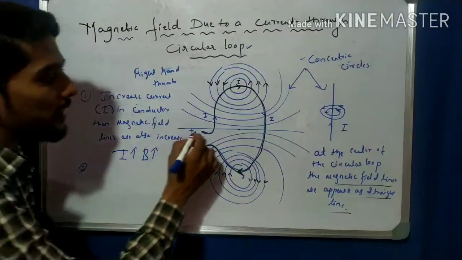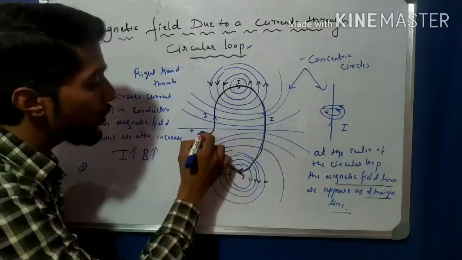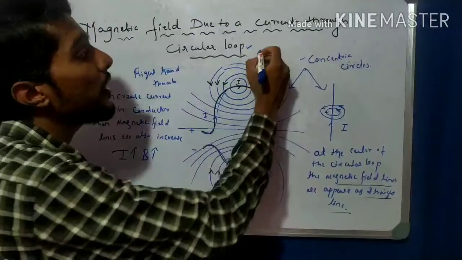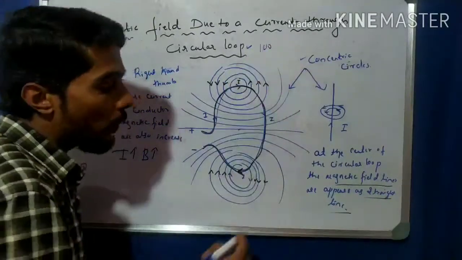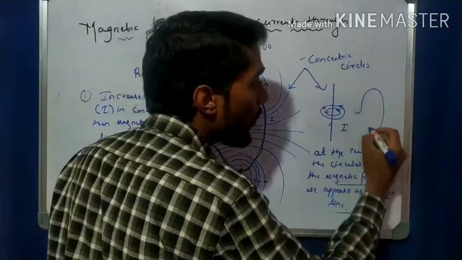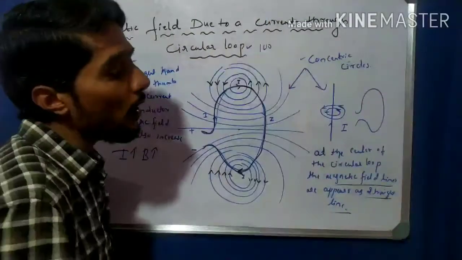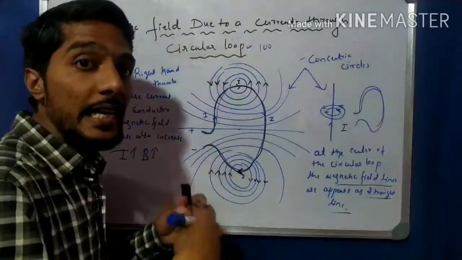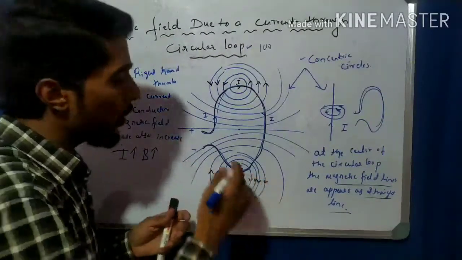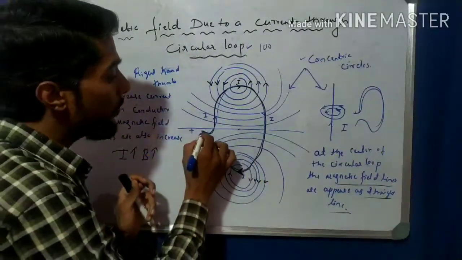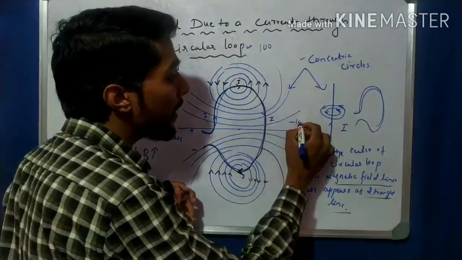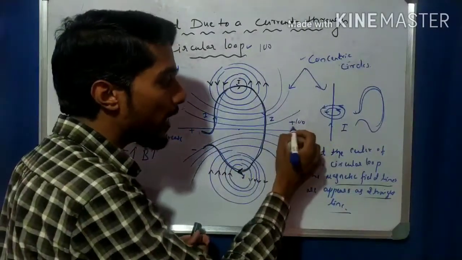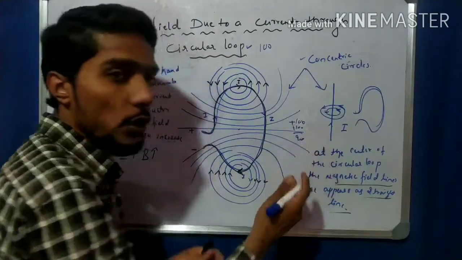The second point is for the circular loop only. See, this is only one circular loop. This is the conductor. I can make only one turn of this conductor. If I make 100 turns here, what happened? This is again an increase of the magnetic field, because it adds up. Imagine that if one conductor forms 100, then two conductors can form again plus 100. So what happened here? Total 200.